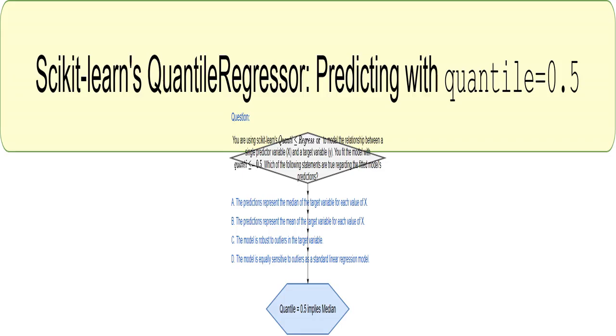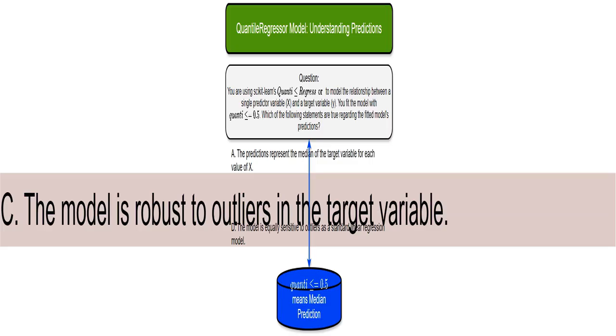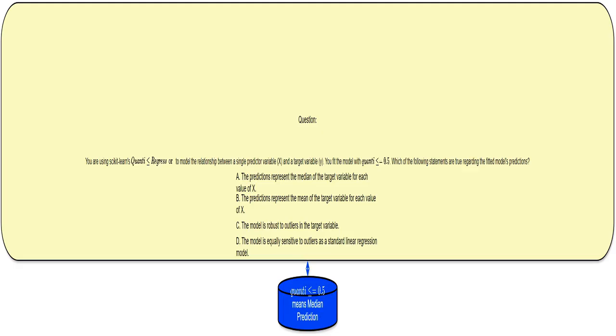This sets the stage for the entire problem. We're dealing with a specific machine learning model, a QuantileRegressor, and its behavior when looking for the median, quantile equals 0.5. I see that you are focusing on the quantile parameter in scikit-learn's QuantileRegressor. Setting quantile equals 0.5 specifically tells the model to predict the median value, which is the middle value when data is ordered. Think of it like finding the middle point in a line of students. This median prediction is less influenced by extreme values than the average or mean. That's a key point to remember. This statement is true.